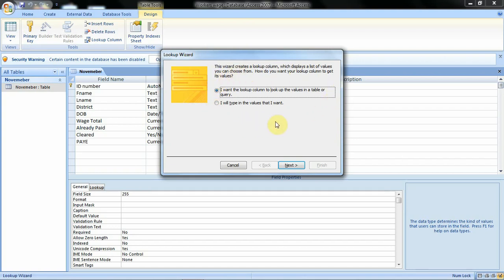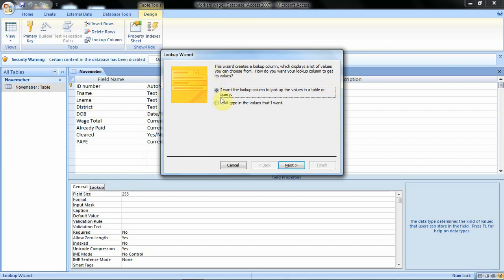There are two options on how we can create this lookup wizard. This first option says I want the lookup column to look up the values in a table or query. This option implies that you already have some values in a given table or query, and you want to use those values to look up this column of district.